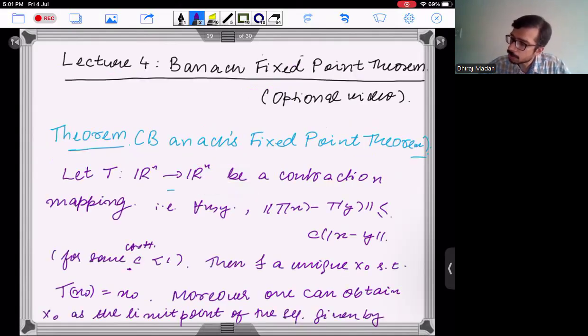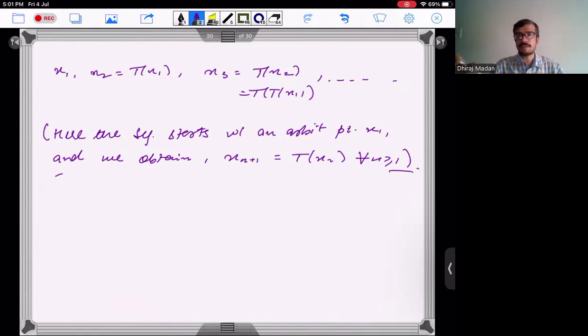Moreover, for every initial point x1, one can obtain x naught as the limit of this particular sequence. So whatever initial element x1 you pick, the limit of the sequence is always going to be x naught. So this is true for any arbitrary